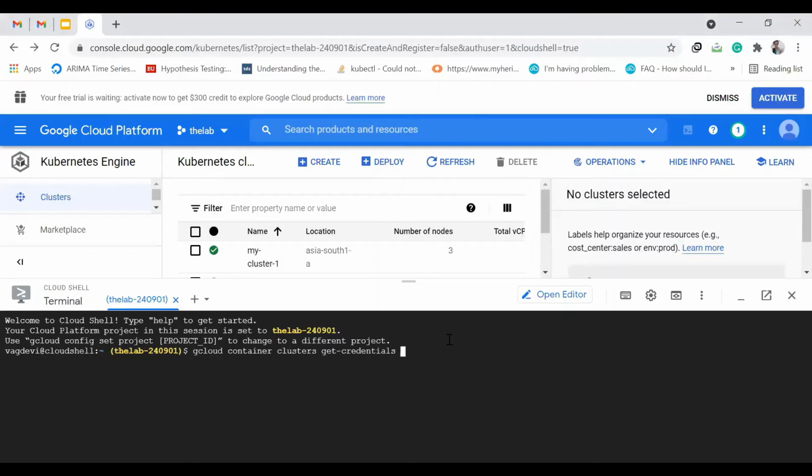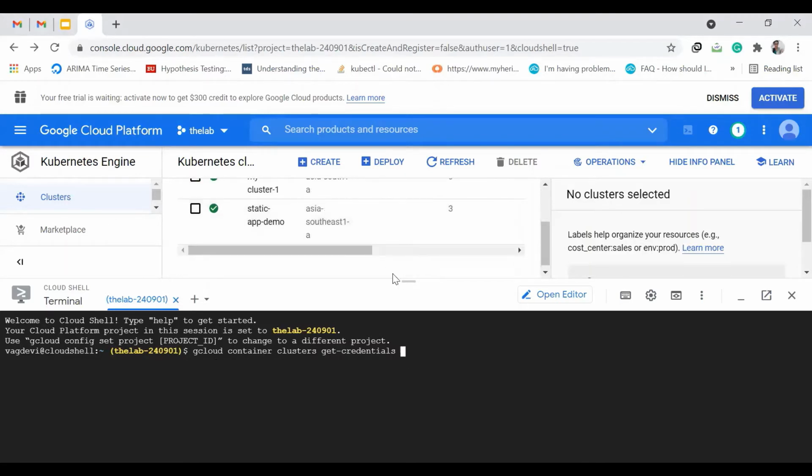And then we will use this command: gcloud container clusters get-credentials, the cluster name, which is static-app-demo. Then the zone equals this one. Okay, hit enter.